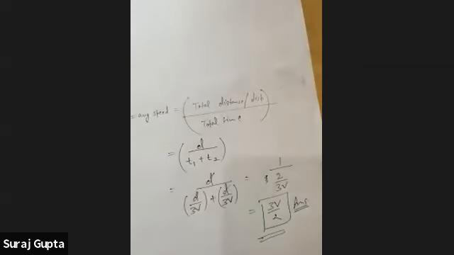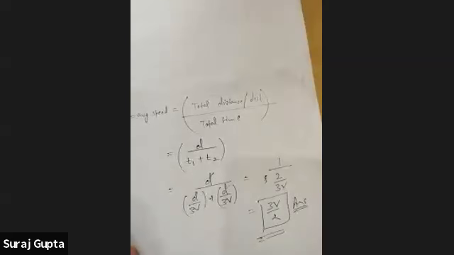Okay, so these are very simple questions, but we can modify them. We can make them a bit tougher. So the next question which we are going to take is of the same variation. In the last step, what is the last step? The last step is basically finding the average velocity.